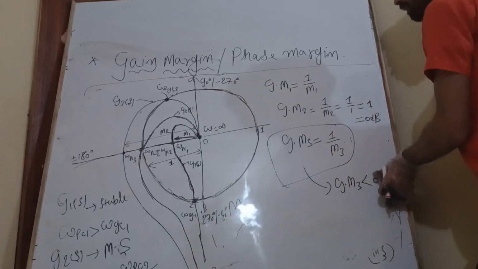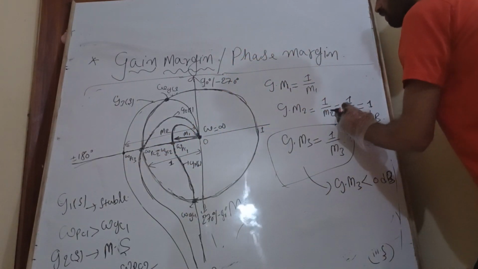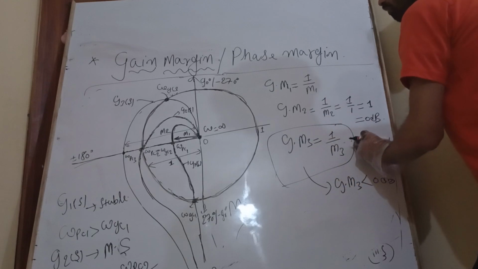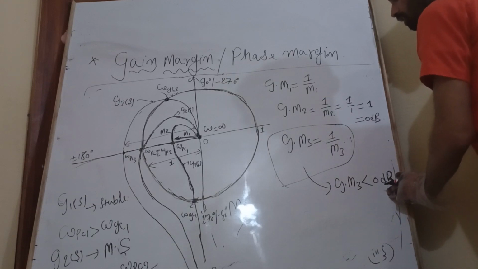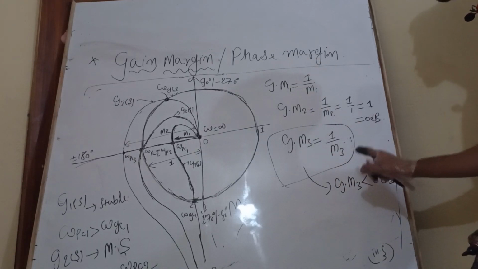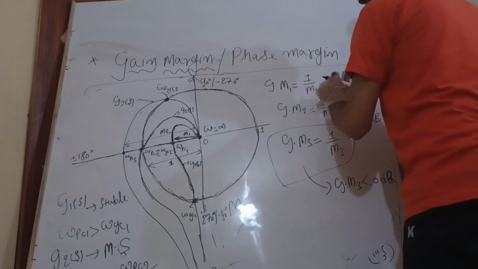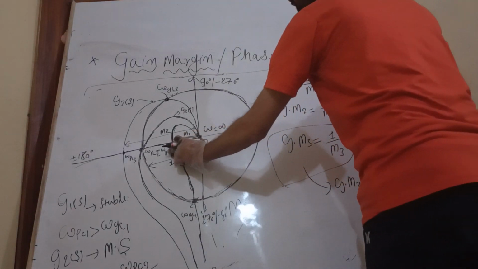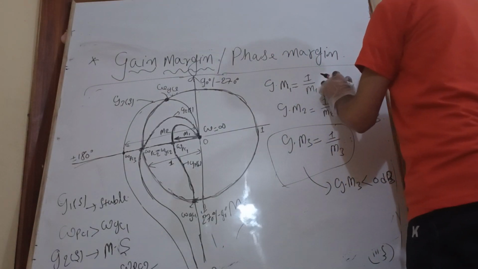Why? Because m3 is greater than 1, and 1 by something greater than 1 will be less than 1. Less than 1 means it is negative in dB. This means the system is unstable. Here it is 0 dB. Here M1 is less than 1. Less than 1 means gain margin M1 will come greater than